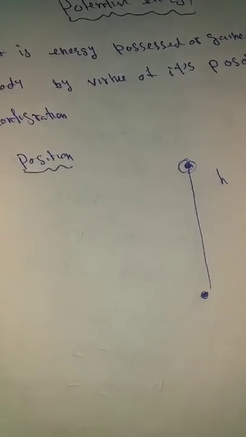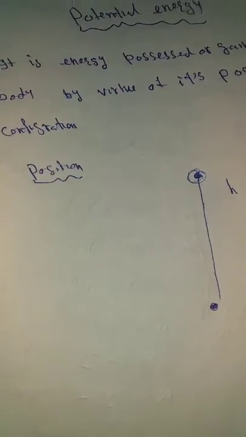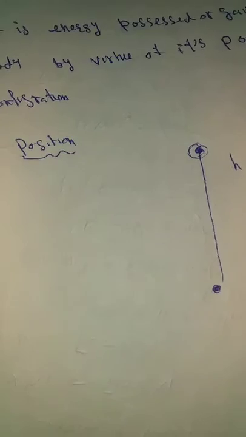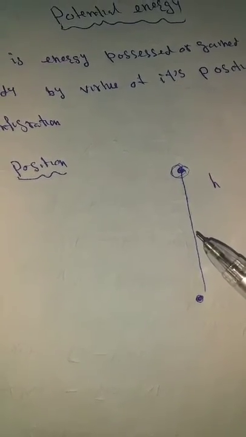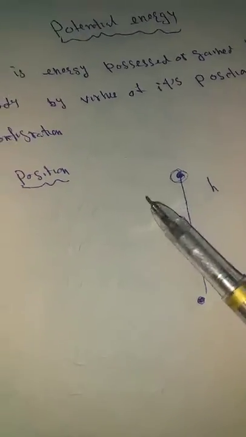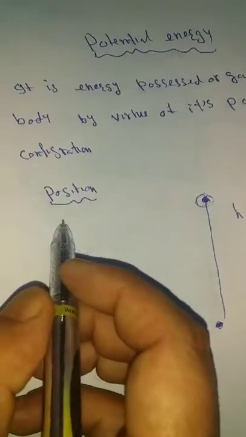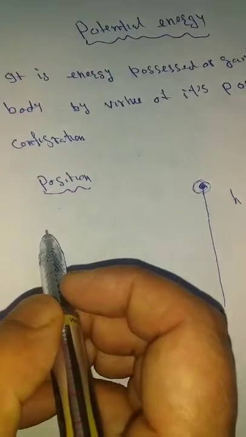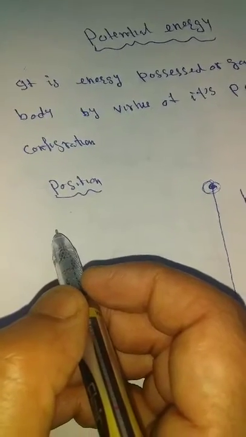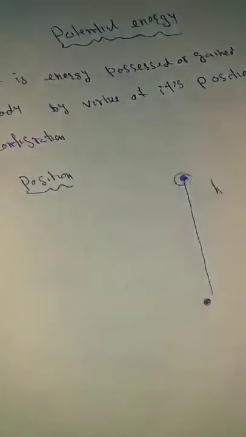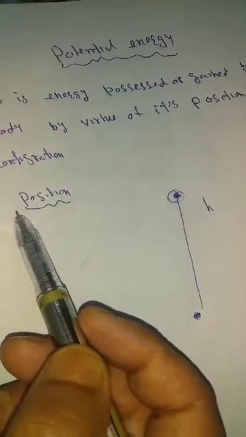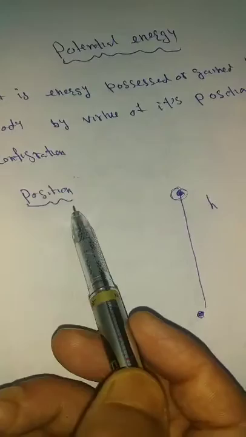अगर हम किसी बॉडी की पोजीशन चेंज करेंगे तो इसमें ability होती है of doing work. This type of energy is called potential energy. And we can say, when we change the configuration, that is another example. When we change the position of a body, it is able to do work. This is the energy possessed by a body due to position.